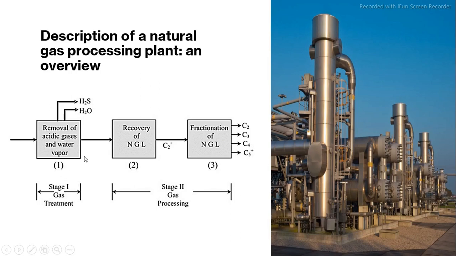The first stage, which is the gas treatment operation, is carried out in stage 1, including the removal of gas contaminants, in particular H2S, which is known as gas sweetening, followed by the separation of water vapor, which is known as dehydration. The second stage comprises two operations: natural gas liquid recovery and separation from the bulk of the gases, and its subsequent fractionation into the desired products. Some of these operations are given as follows,